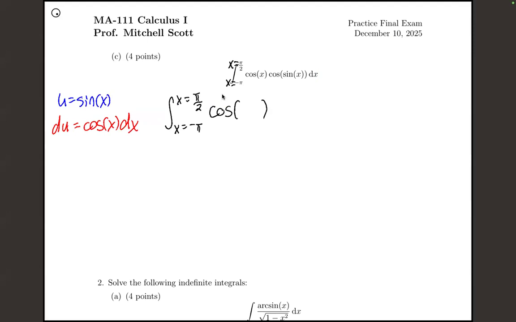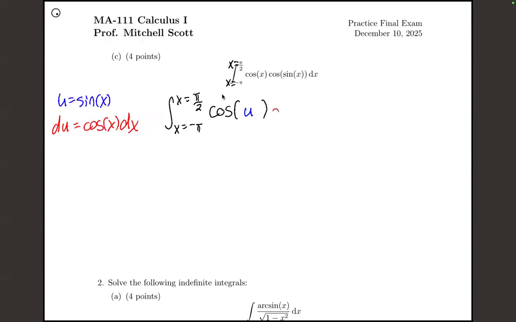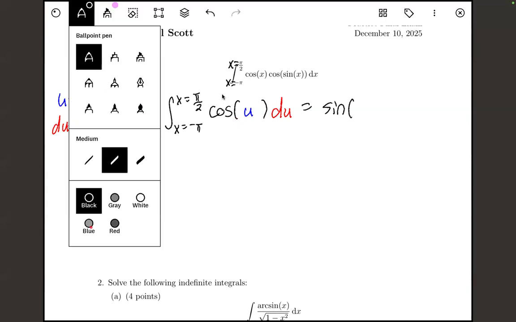cosine of u, because we made u sine of x, right? So we have cosine of u. And then dx, cosine x, we have that. In fact, that just equals du. Okay, again, this is a relatively straightforward antiderivative, and we know that this is going to lead us to sine of u,